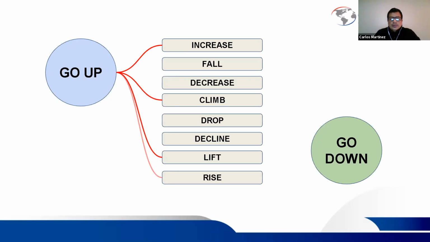The opposite will be, for example, fall, it's going down. Decrease, it's going down. Drop, it went down very quickly. And decline. Okay, so these are expressions that we can use when we want to read a chart, and we want to say that something or things were going down. Okay, so remember, charts are not only pictures, they represent a story or information on how data is moving or